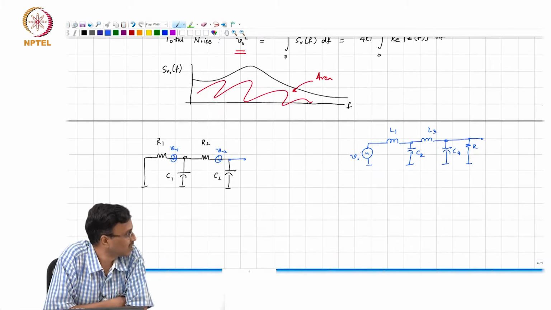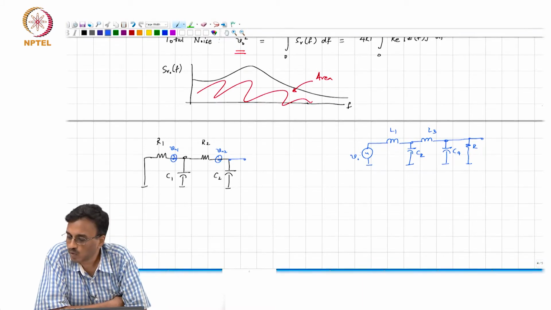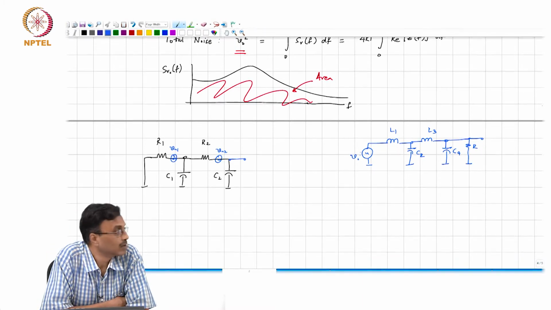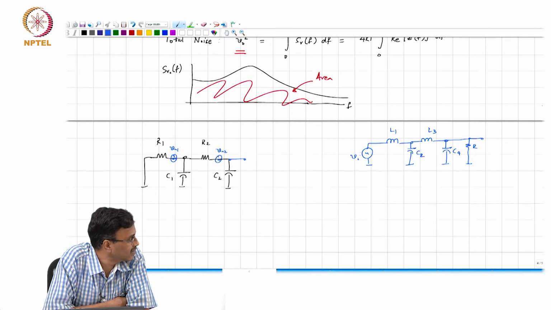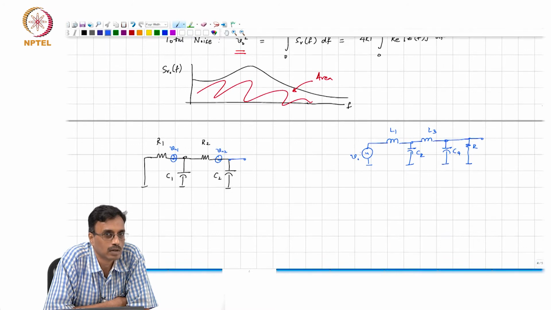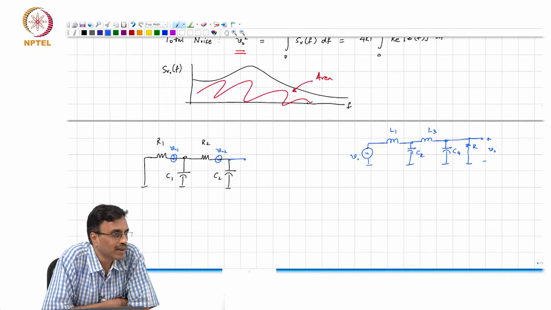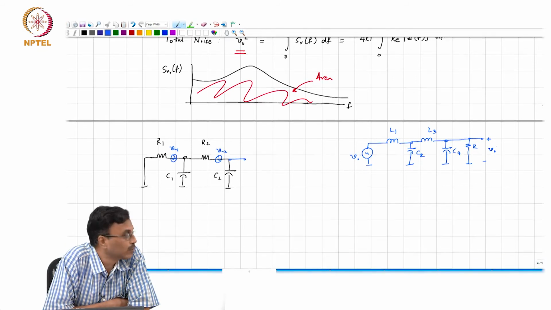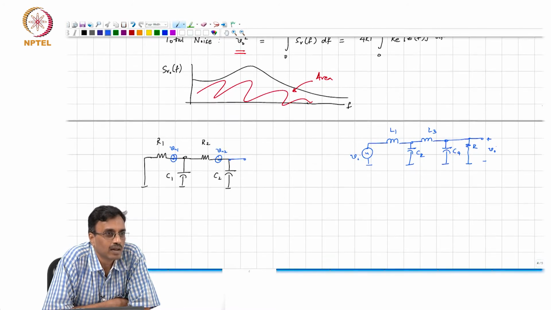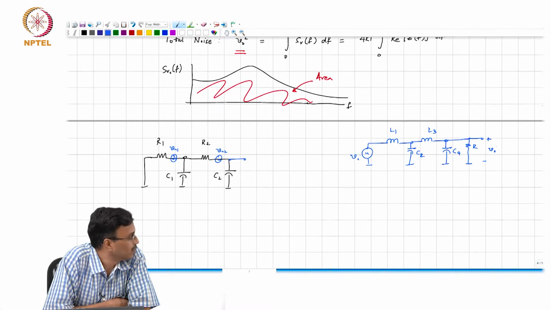Let me ask you a question with respect to the circuit on the right. What is the order of that transfer function? It's a fourth order transfer function. Let's say I want to find the DC gain from Vi to Vo, right. This is Vo. What comment can we make about the DC transfer function from Vi to Vo? 1, right.